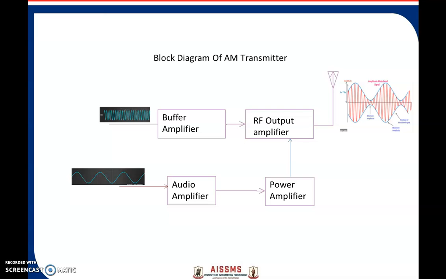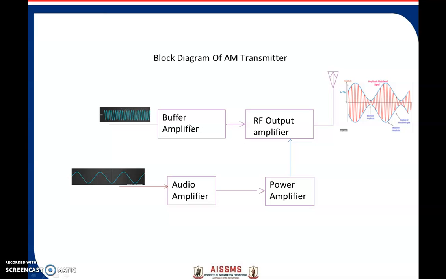As the block diagram is seen on the screen, let us see how the amplitude modulation process works. The block diagram is of a typical transmitter. The carrier wave is supplied by a crystal controlled oscillator at the carrier frequency. It is followed by the tuned buffer amplifier and the RF output amplifier, as can be seen. The source of the AF signal is a microphone. So here the microphone is introduced and the signal from the microphone is further provided to the buffer amplifier.